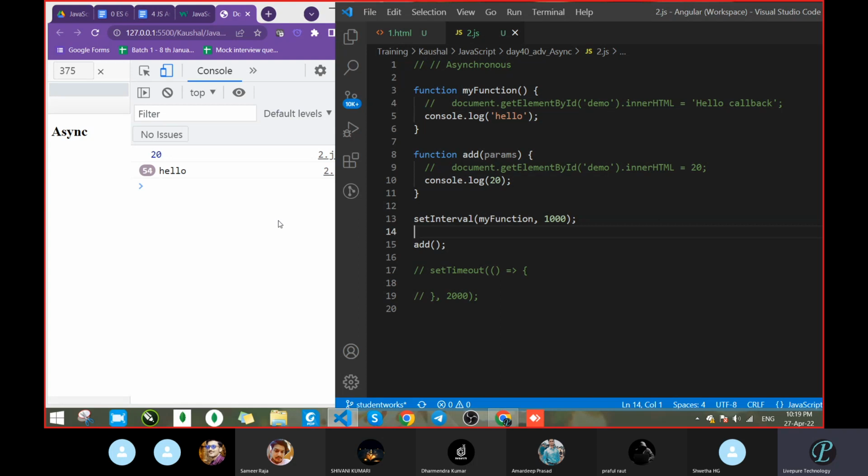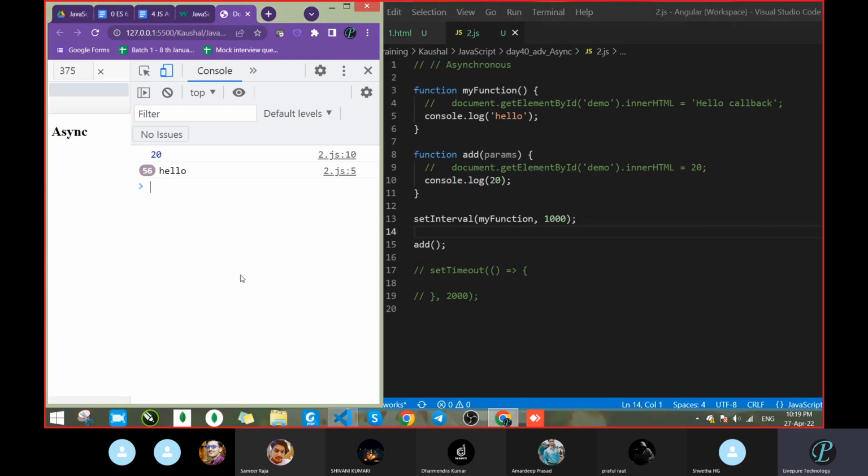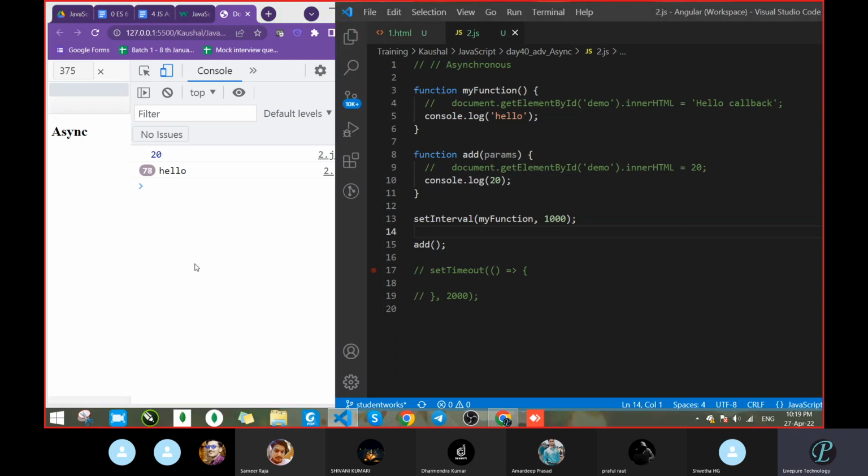What you have to think is that your page has to refresh without refreshing the URL. So how will you do it? You can go with the asynchronous method and use the callback. So your page will get refreshed without reloading the page. Got it? Suppose you have to see with the help of set interval or set timeout what we can do. Suppose with set interval we are running it, and now 70 or 83 times the function has been called. Suppose you have to make the color change.